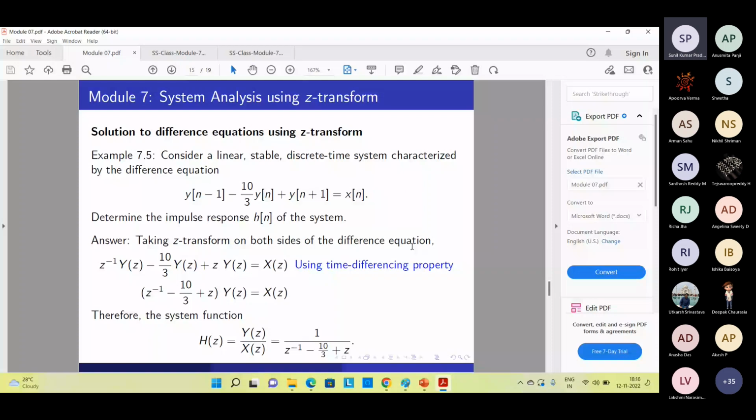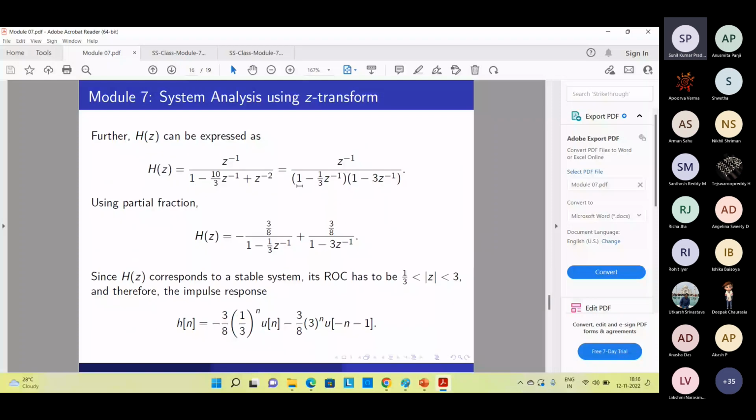Now, it is asking for the impulse response h of n. So what we can do is take the inverse Z transform. That gives rise to your impulse response. Your H of z can be expressed as 1 over (1 minus 1 by 3 z inverse) times (1 minus 3 z inverse). So using partial fractions,